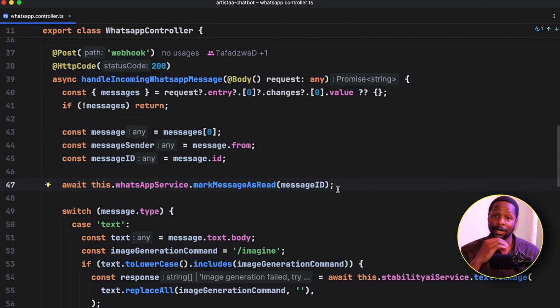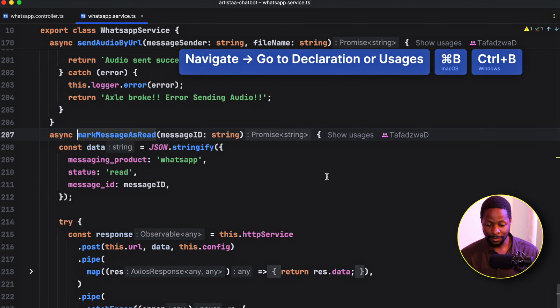From the WhatsApp documentation, they recommend that maybe you should show the typing indicators when the processing time is over a few seconds, but I would argue that even when the response is fast, showing those typing indicators builds anticipation within our users, to the extent that when we respond back, the conversational flow feels more human rather than just showing the response. We just want to show the typing indicators by default, whether it's a text message or an audio message. Let us go to the WhatsApp service, to the method where we are marking the messages as read.